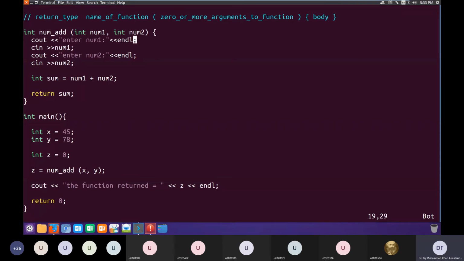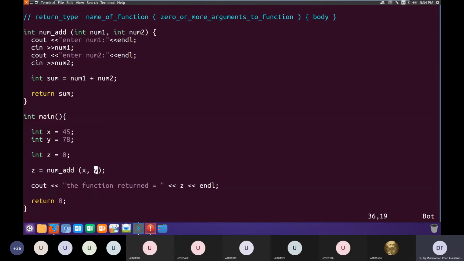Okay, but later here we are getting a value from the user and overwriting the previous value of num1. Similarly, here we are overwriting the previous value of num2. So when the sum happens, it will happen with the new values of num1 and num2, which have basically overwritten the previous values of num1 and num2, which were the values passed by x and y.